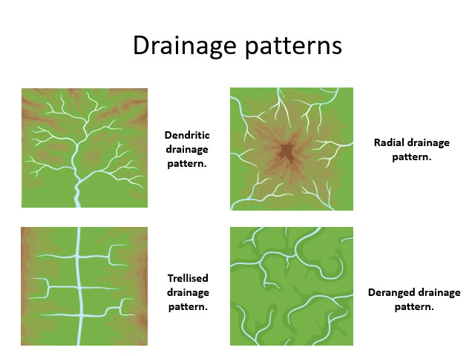So drainage patterns is the last thing that you need to know. Four different types of drainage patterns. We have our dendritic drainage pattern. It looks like a tree. The main river looks like the trunk of a tree, and smaller branches represented by the tributaries. The radial pattern, they're like the spokes of a bike wheel. So you have your bicycle wheel there, you have the central area, and the rivers are radiating out from it in a circular pattern. You have your deranged river pattern here, so they're flowing around at random,